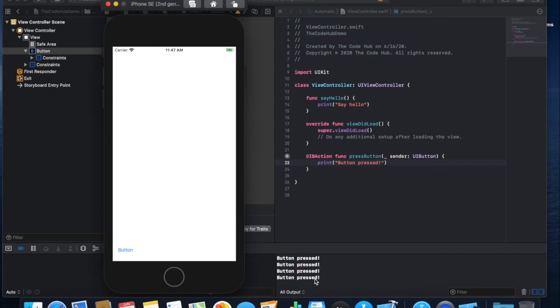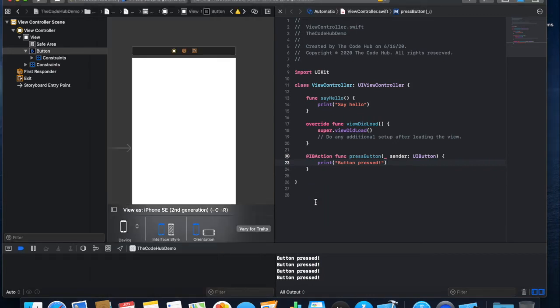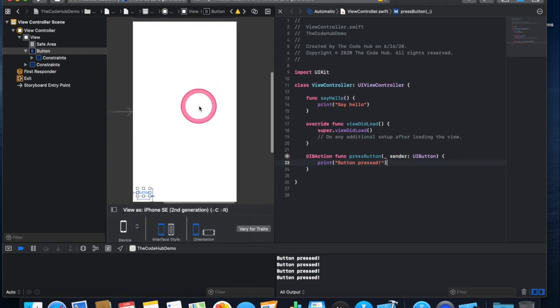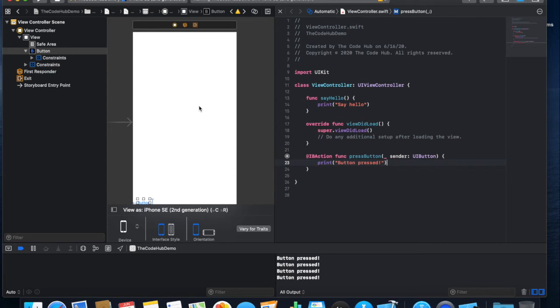So maybe let's make this app a little bit more interesting. Let's add another wrinkle to it. So what we're going to do is we're going to go back to Xcode. And leaving open the assistant editor, because we're going to need this in a second, we're going to add another element to the screen here. We're going to add just a plain view that we're going to color. So if I hit the plus button up here,